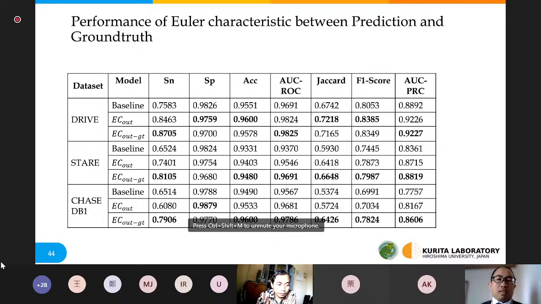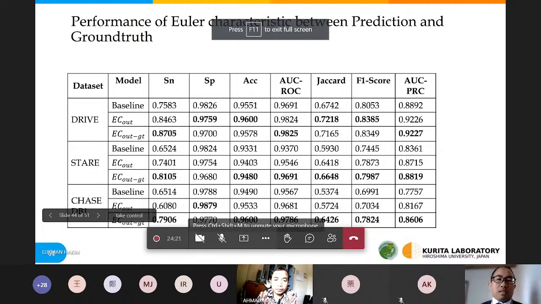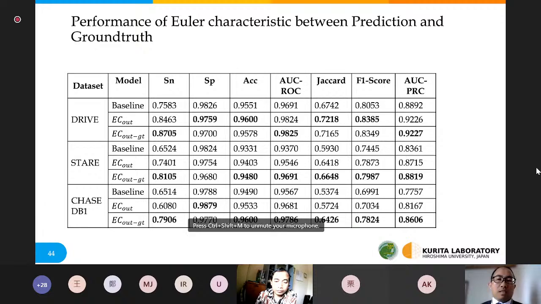The STARE dataset and CHASE_DB1 dataset are noisier than the DRIVE dataset, and many pathological regions are found in the STARE dataset and CHASE_DB1 dataset. So in such conditions, using the difference of the Euler characteristic between the prediction and ground truth image brings better improvement.